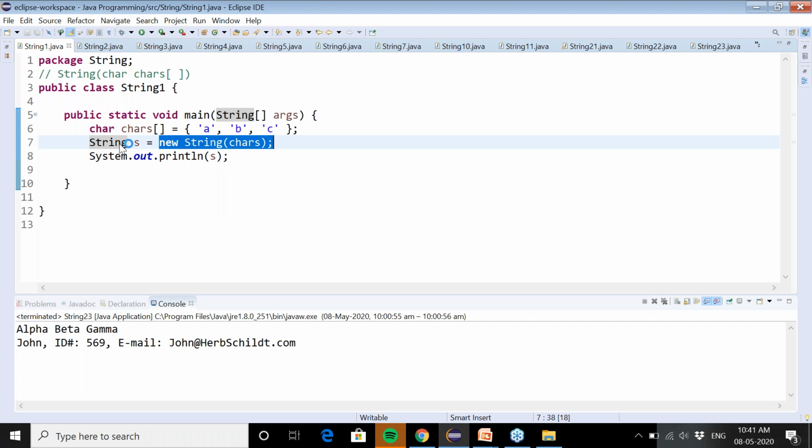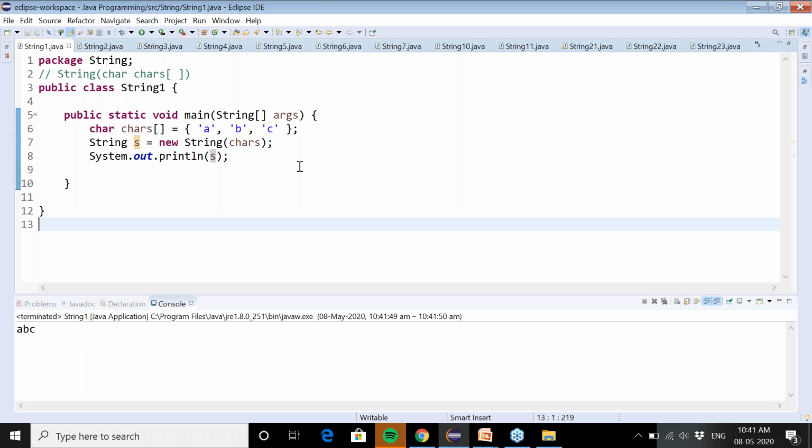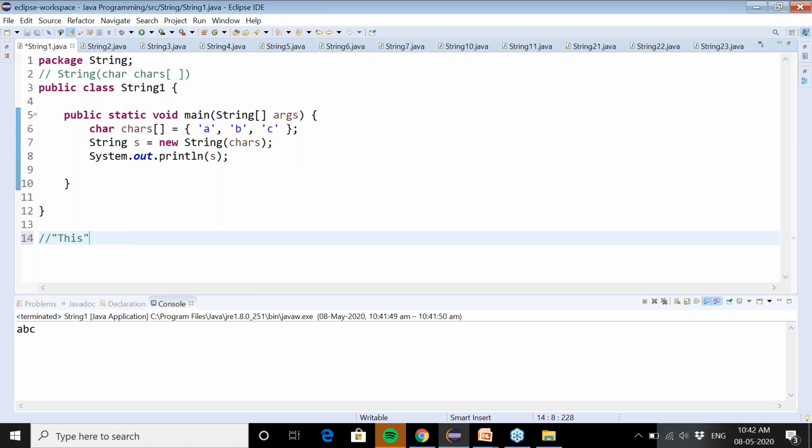So when you print s, what you will get on the screen is ABC, because if you combine these 3 characters, the string that will be created is ABC. So what is a string? It's just a collection of characters that are in the double quotes. So this is an example of a string that I have written over here. Or this is also an example of a string literal. This is another string example.